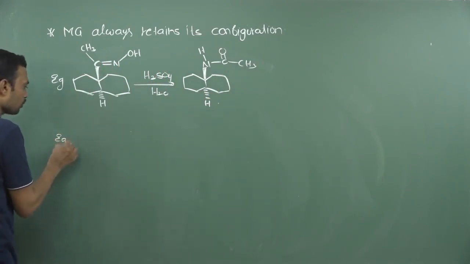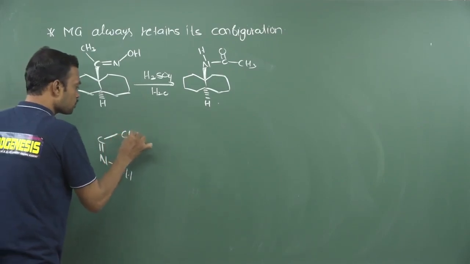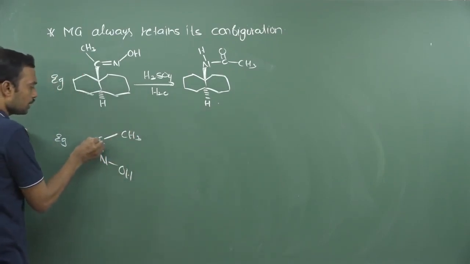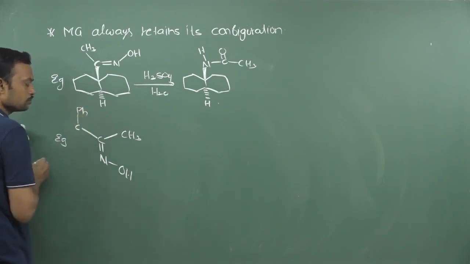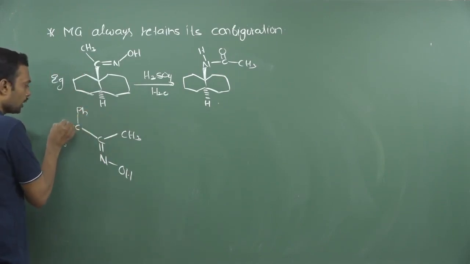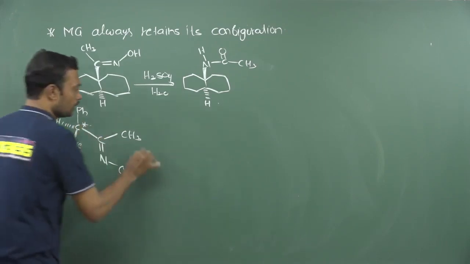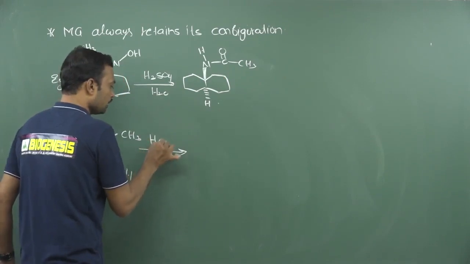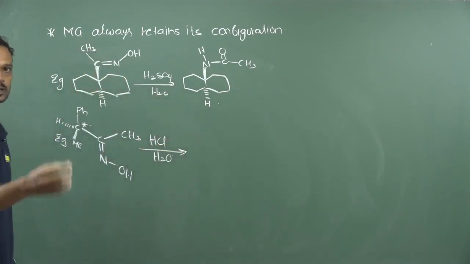That can also be verified like this. See, this is OH and here I am using CH3. This is a carbon which carries a chiral center. This is Ph. Now here this is hydrogen. It is completely a methyl group. Is it a chiral center or not? Yes, chiral center. Now if I use hydrochloric acid in presence of water, any protic acid we can use, already explained in part 1.